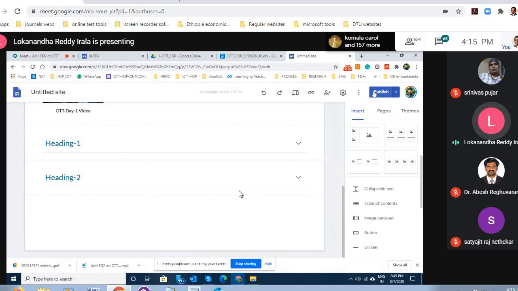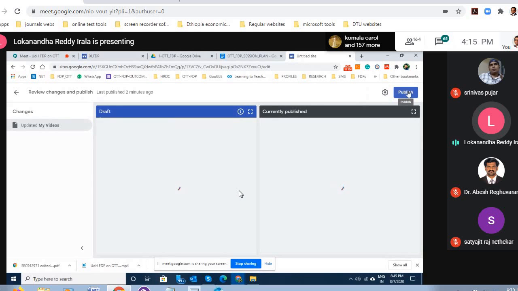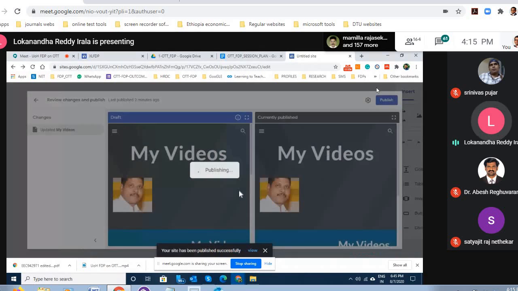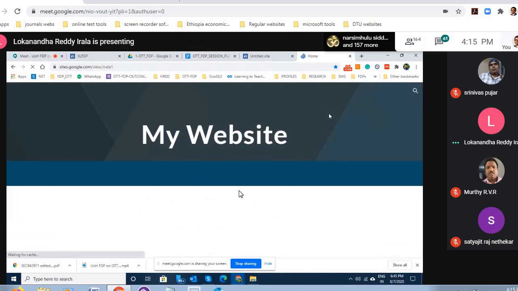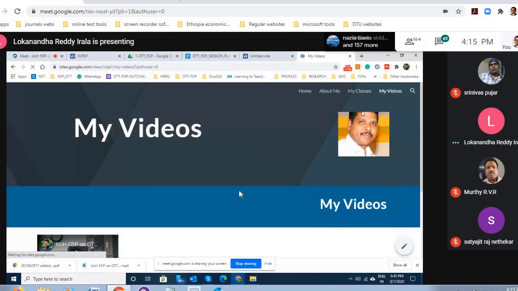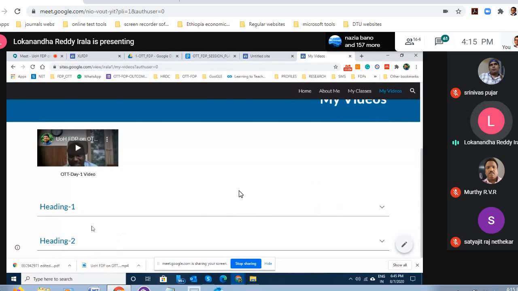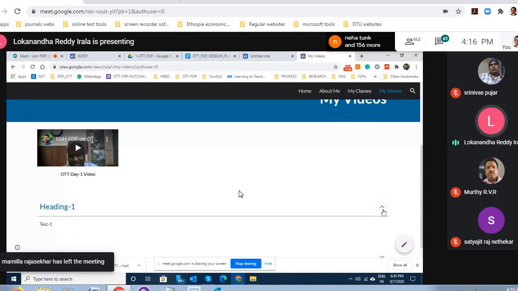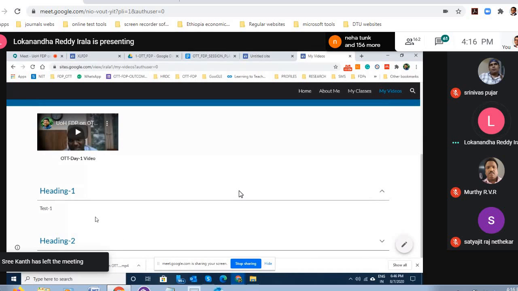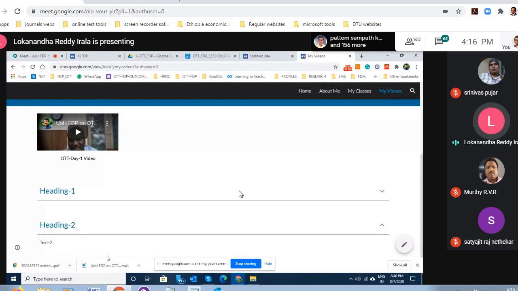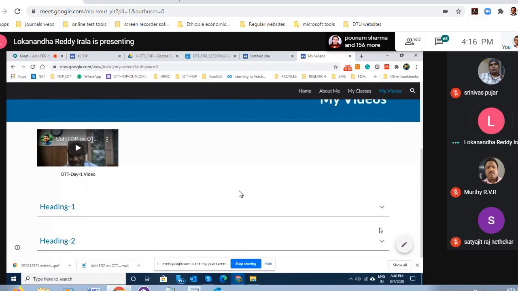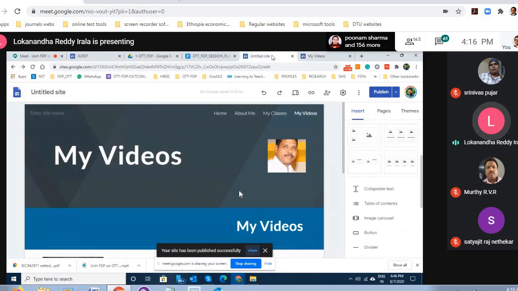If you see it in view, you would get a feel of it. So go to my videos. Go down. Now you see only heading 1 and heading 2 are seen here. If you click on this heading 1, then whatever text you have typed there will open. You can close this heading 1. Then here you have heading 2, then the text will open and you can close this heading 2. So this is collapsible text.